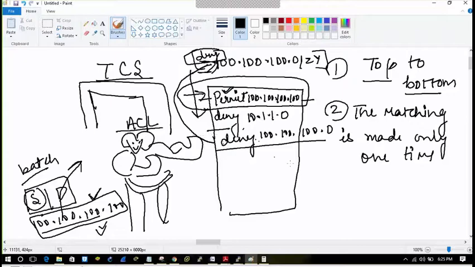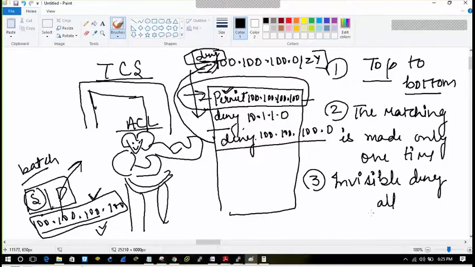Okay. And what is the third rule? The third rule is that there is an invisible deny all at the bottom of the access list. In technical terms, it is called the implicit deny.